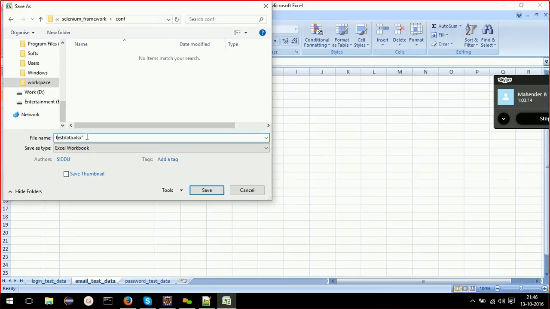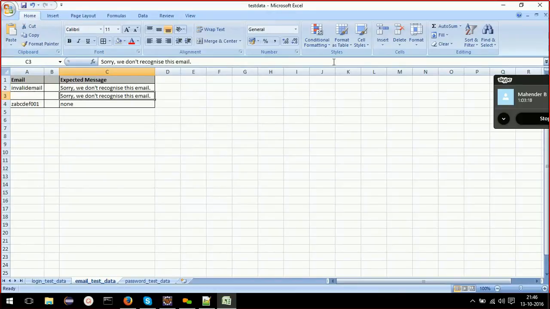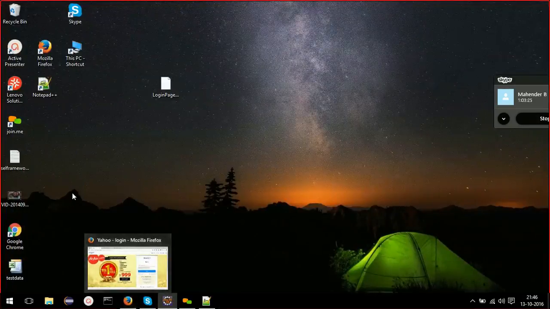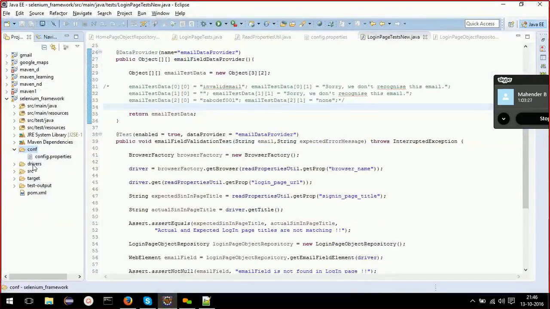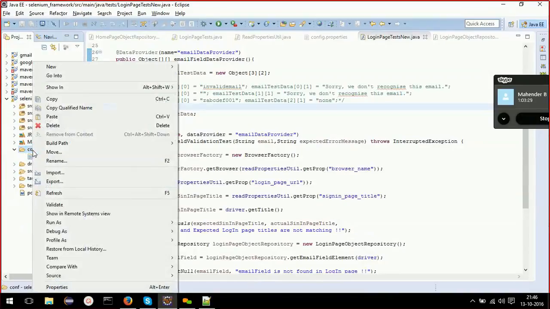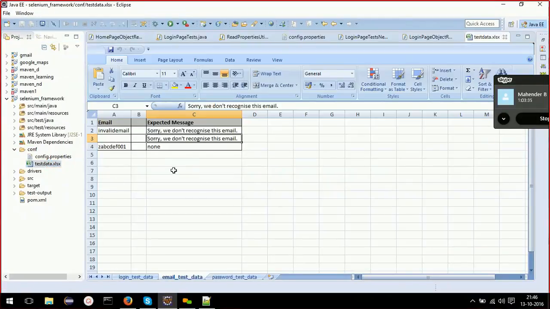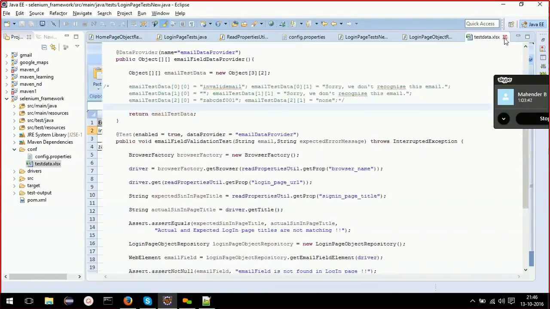Okay, what I'll do, I'll close this. I'll go to this folder, refresh it. See, this XLSX file is there. I open it, there is data in it. Okay, so now I need to read data from this file.